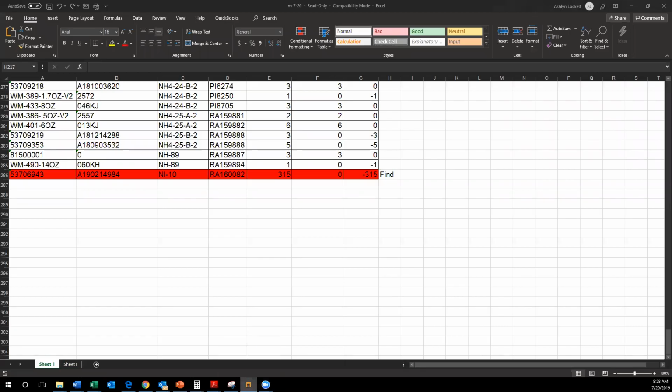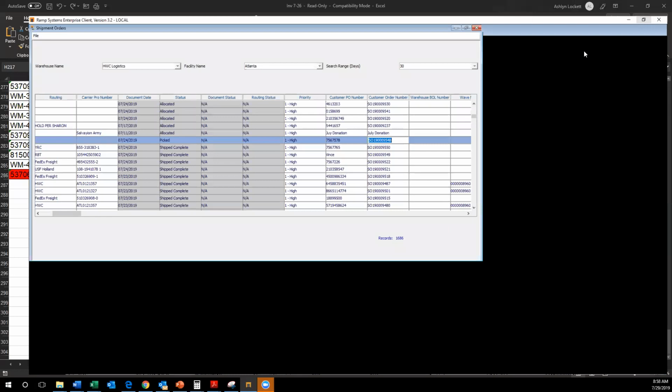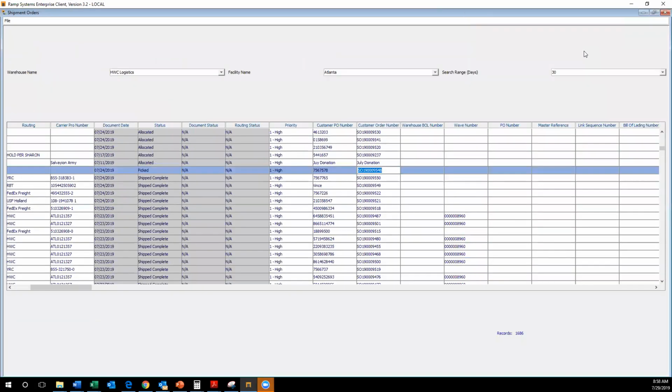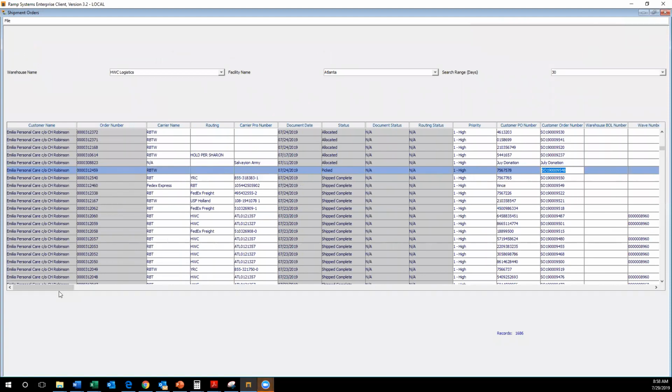Good morning. Today we are going to cover the all report for Emilia. And this is something that we do every single morning. We want to have this completed and sent off to Emilia and CH Robinson by 9:30 at the absolute latest,